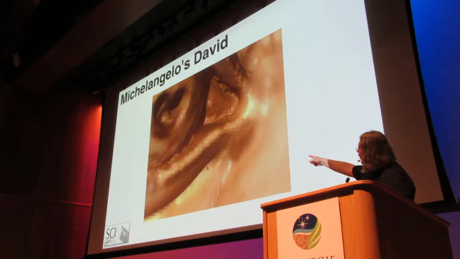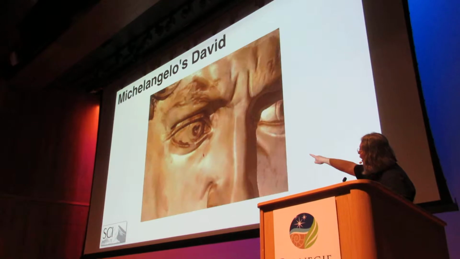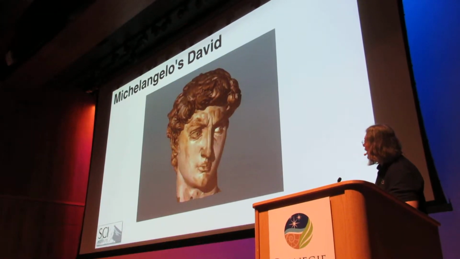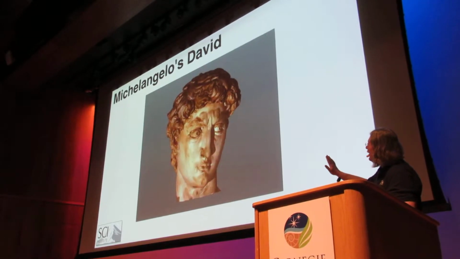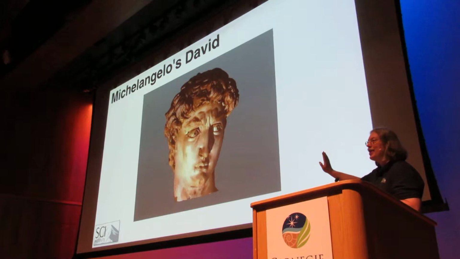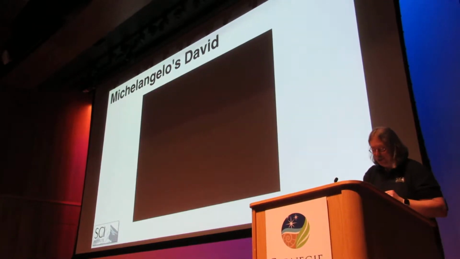And so we're zooming in here, and you can start to see the little triangles that are there in Michelangelo's statue, in his face. We could also change the lighting, so when the real statue was outside, you could see what it looked like at different times of the day. So we thought that was pretty cool. But